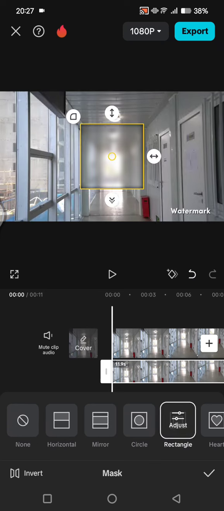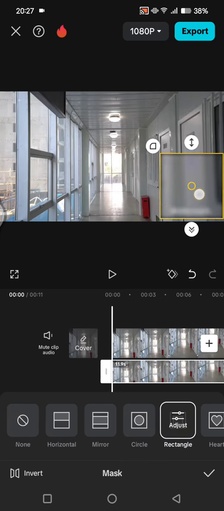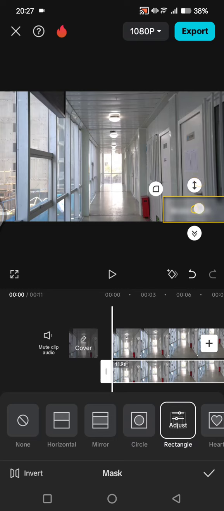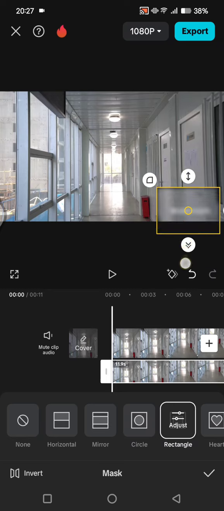So after that you can just click on the overlay video and find mask, then choose the shape that you want. So I'm going to go with rectangle and then adjust the size to match with the watermark like this. And to make it more natural, you can add some feather like so. Click on check icon,